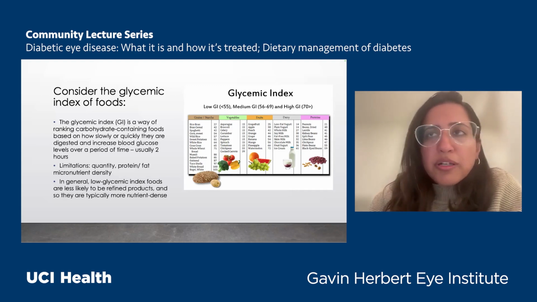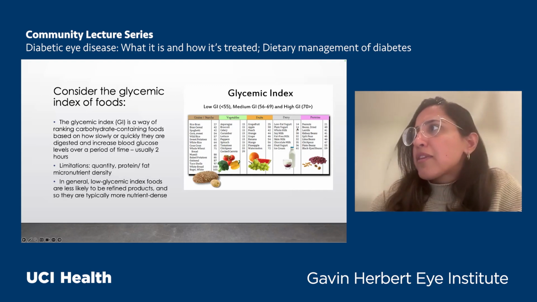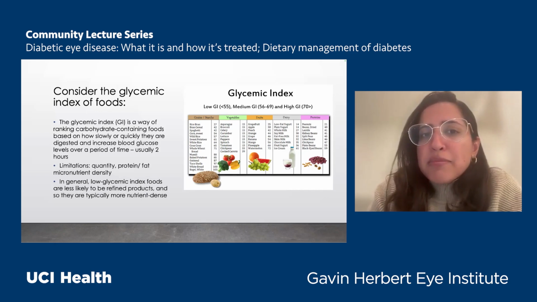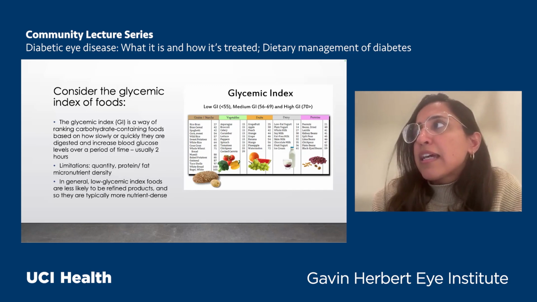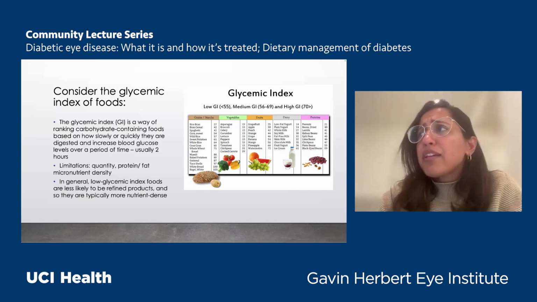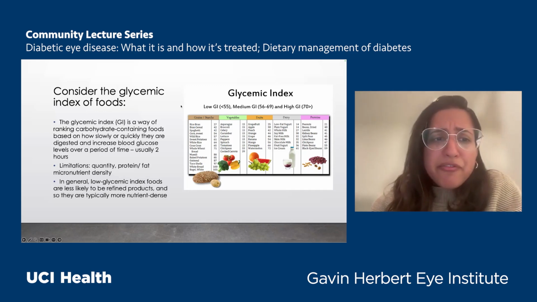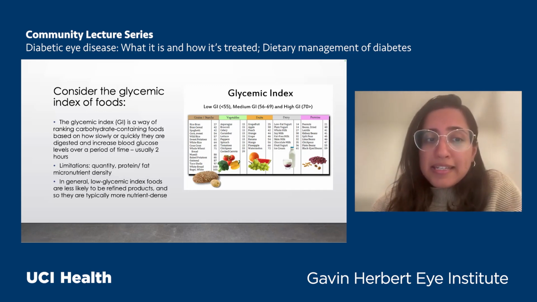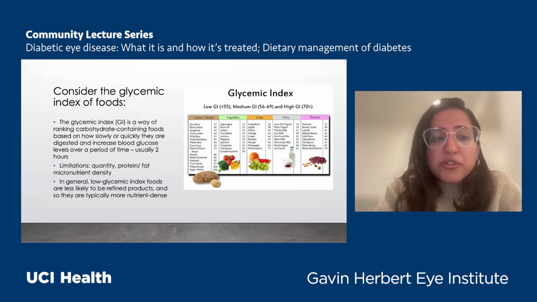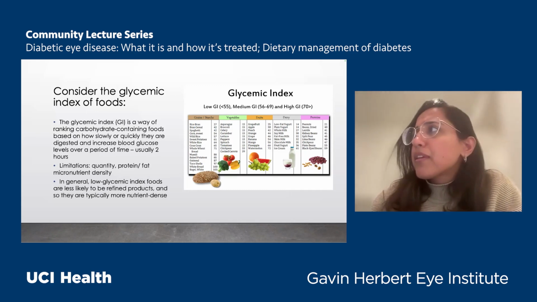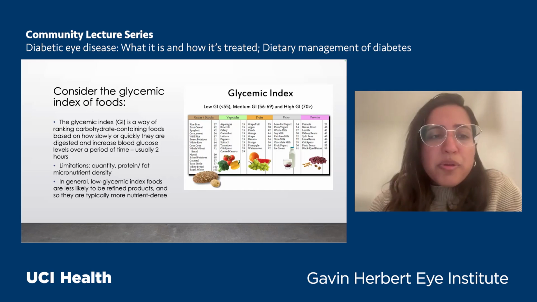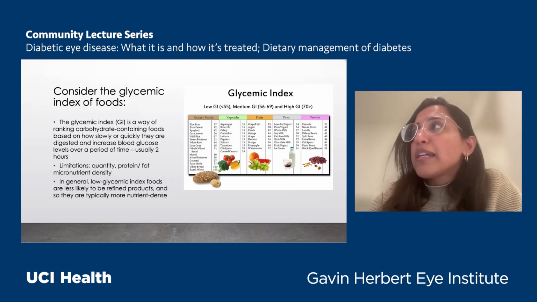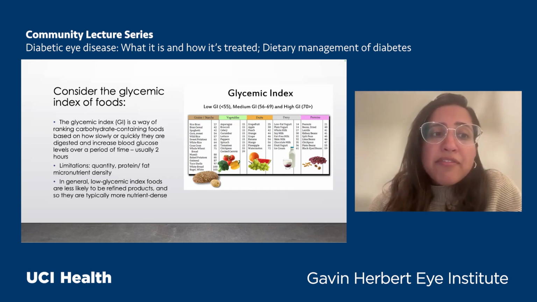So if you look at this chart that I have, lower glycemic index foods are usually less than 55, medium is 56 to 69, and high glycemic index foods are greater than 70. You can see vegetables have the lowest glycemic index of all these groups. Then dairy is also usually lower in the glycemic index. But if you look at grains, they have the highest